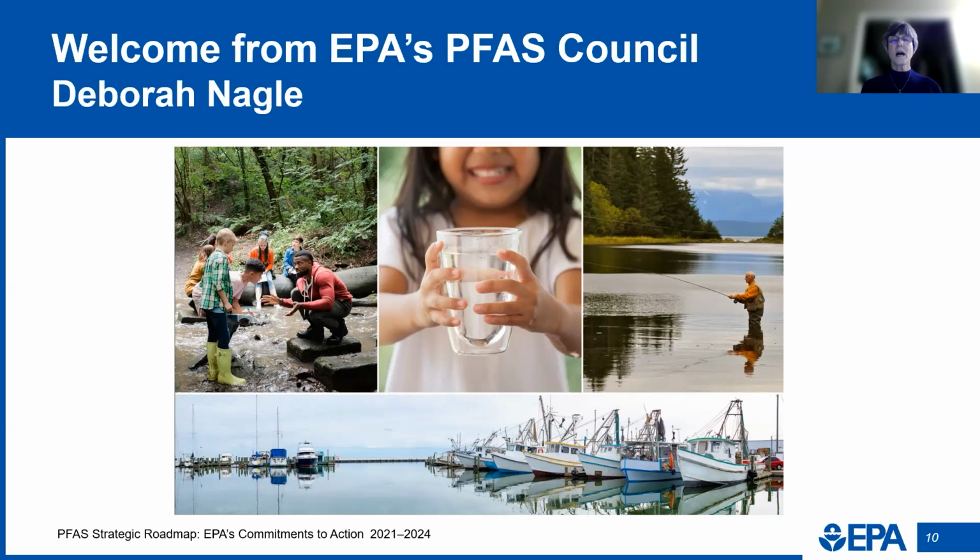The roadmap sets timelines by which EPA plans to take specific actions across each of our major program areas, not only the Office of Water, but in other areas as well. And in addition to these program-specific priority actions, we also include a set of actions that cut across our specific program areas. And one of these critical areas is engaging directly with communities. One of the key reasons we're holding this session today is due to the recommendations from EPA's National Environmental Justice Advisory Council that we engage with communities in each of our EPA regions.